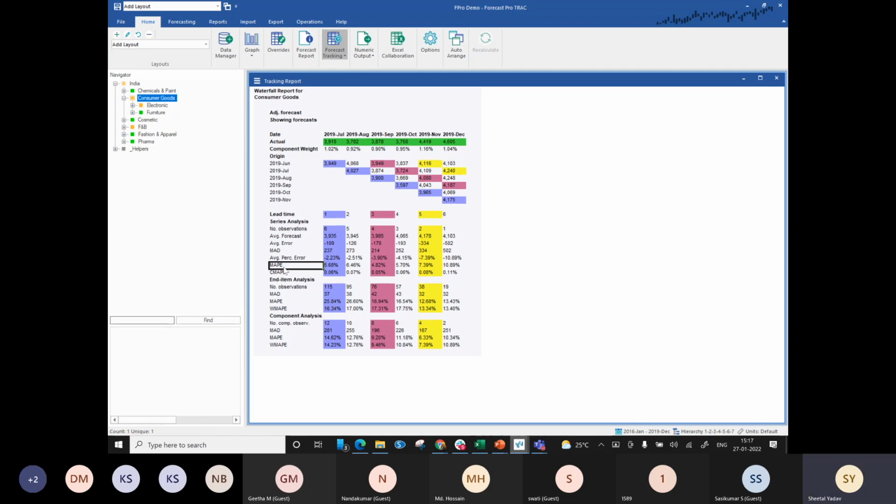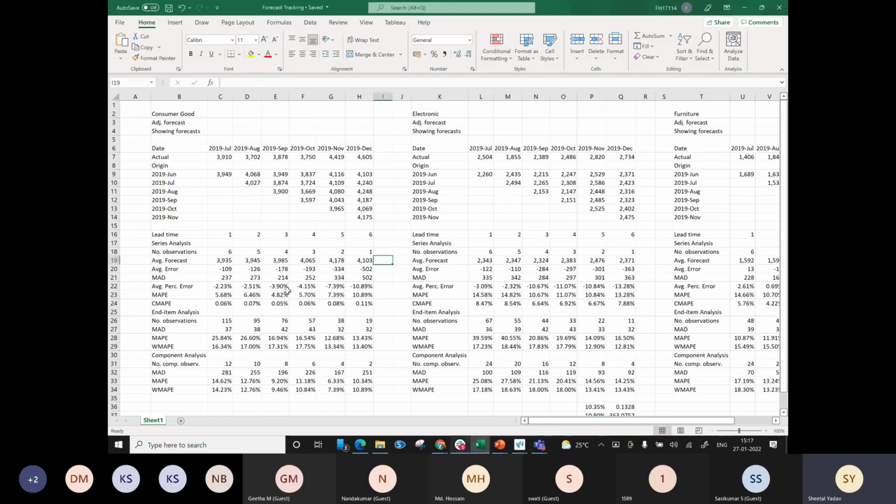The next section is my MAPE. MAPE is again a very simple approach. How is the system calculating the MAPE with 6 observations with lead time 1? It is calculating the absolute difference for each of these observations. Then it's dividing it by the actual. So that's the MAPE formula. And I have also copied this over here just to show you how the difference would look.